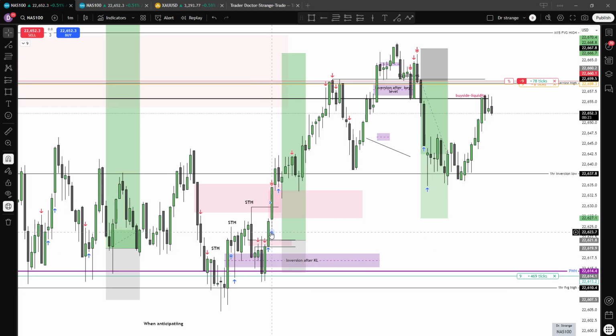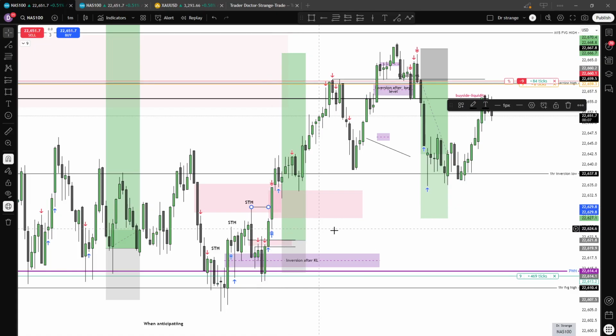You want to be a buyer. I bought here, I bought more here, and after we create this short-term high with displacement, this is the highest probability institutional order flow entry drill. After creating a short-term high, the second short-term high will be taken out. This is the best institutional order flow entry drill you will ever get.